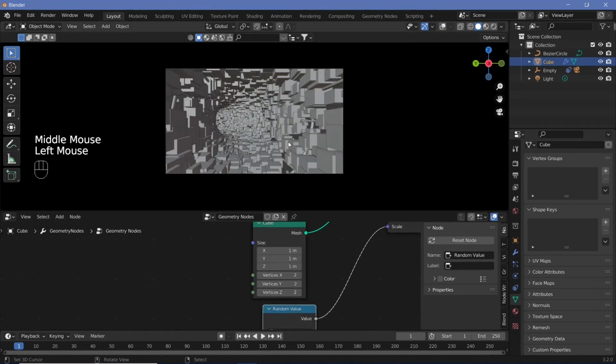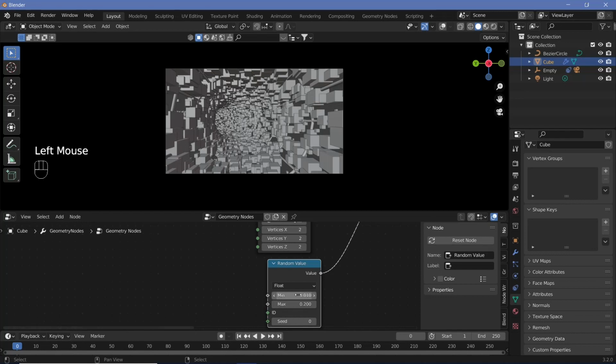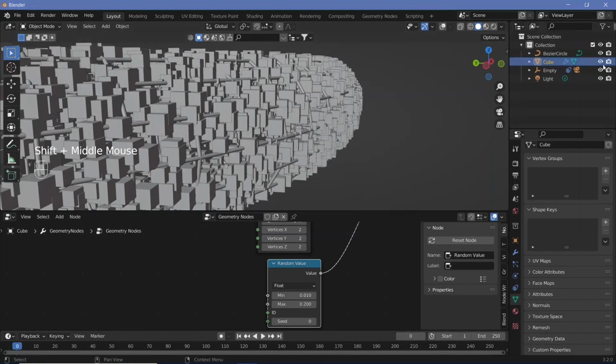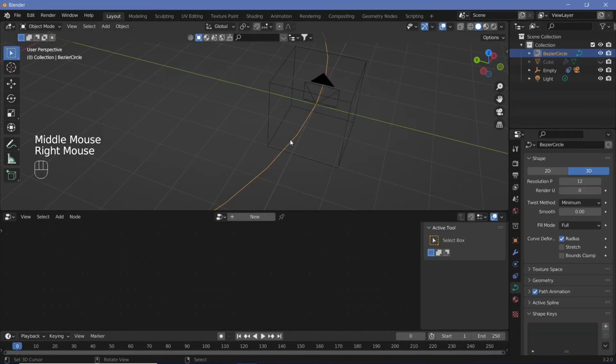Now we can just switch off overlays to see what it looks like, and that's fine for now, but maybe we can keep the max value at 0.2 so that a bit more of the wireframe is actually shown. Now we want to actually animate the camera. So in order to animate the camera, let's just go ahead and hide the cube for now and switch on overlays. Let's take the Bezier circle, increase the resolution all the way to 128, and then on frame number 0,